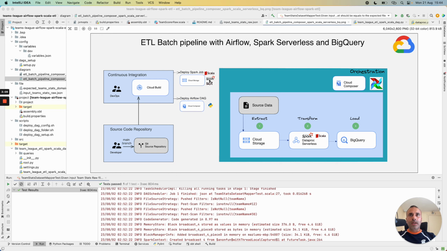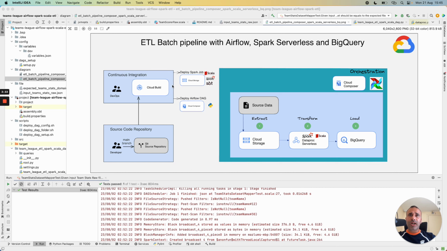In the previous dedicated video on the Spark Scala job, I explained this concept in detail. That's why today I will not go into detail on this part, but to give a little bit of explanation for this part.